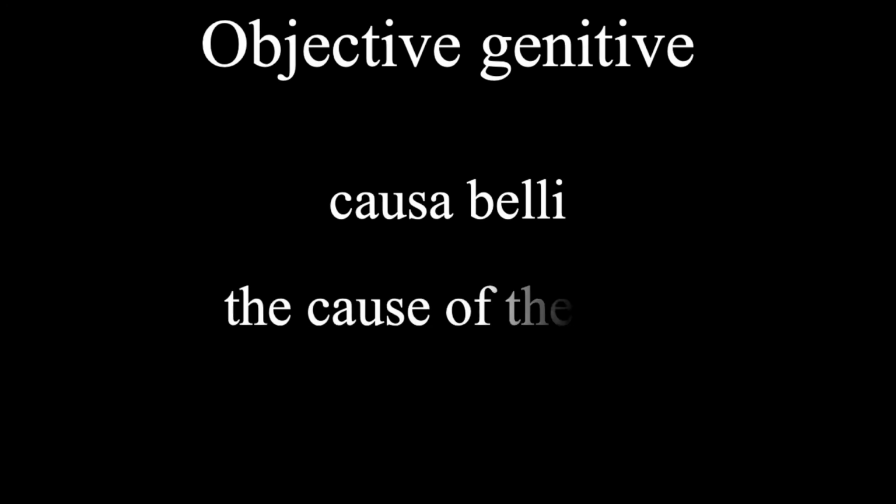So, for example, we have the phrase causa belli. This means the cause of the war. This isn't hard to deal with because you can still just add of, but this isn't a clear example of possession like when we said the boy's friend in the previous video, because a war is a concept and it can't really possess anything. And just in case you want to argue that this is a possessive, look at this